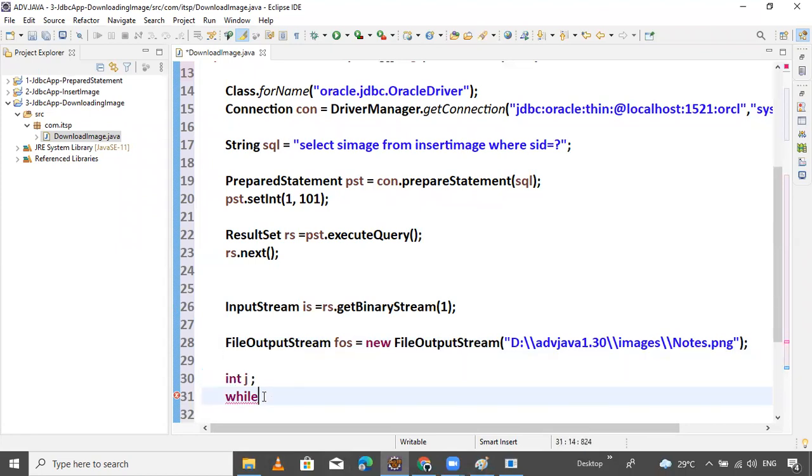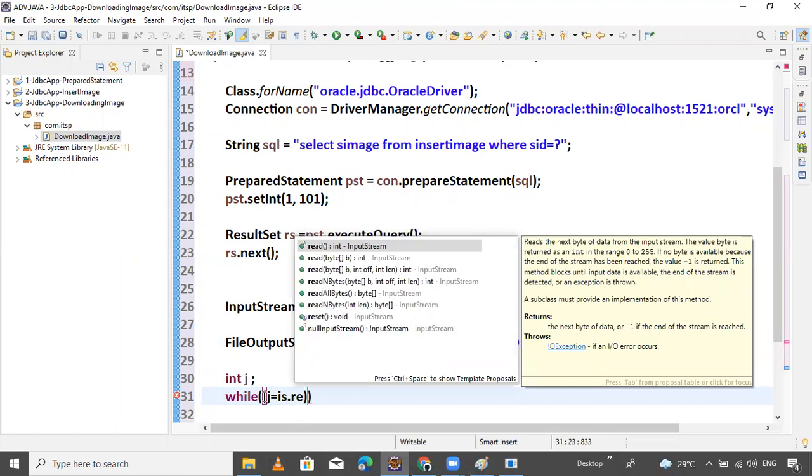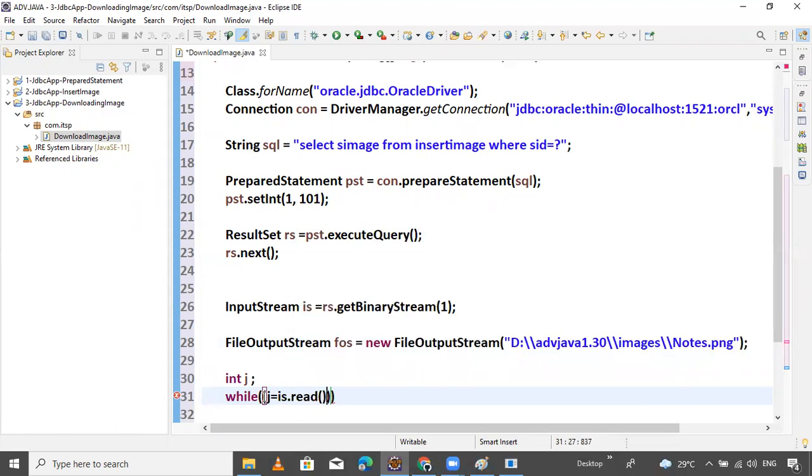So here we provide one condition: j equals is dot read, assign the read value into j, until j is not equal to -1.